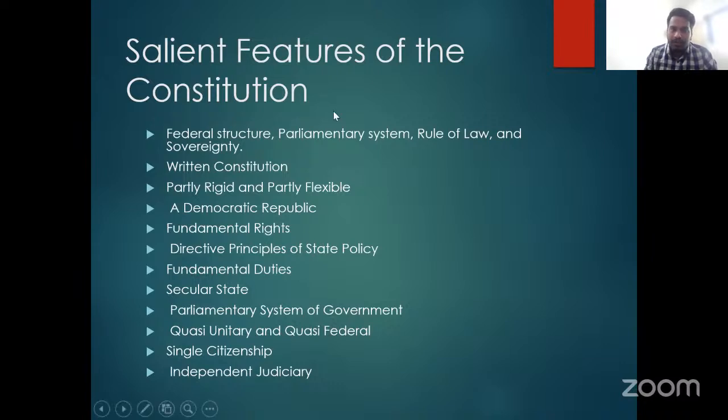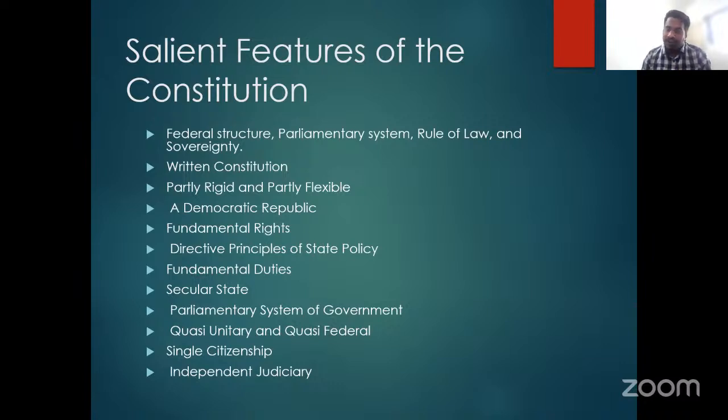Some of the important fundamental duties are to abide by the Constitution and respect its ideals and institutions, the national flag and national anthem. The second important fundamental duty is to cherish and follow the noble ideals which inspired our national struggle for freedom. And the third one is to uphold and protect the sovereignty, unity, and integrity of India,